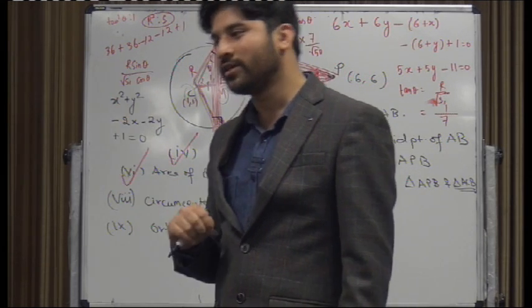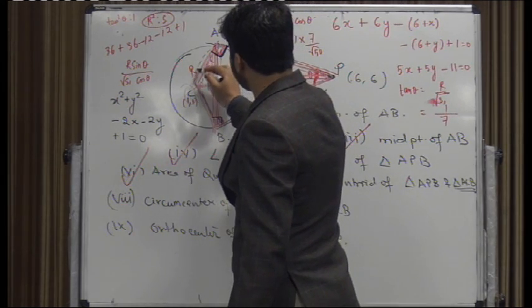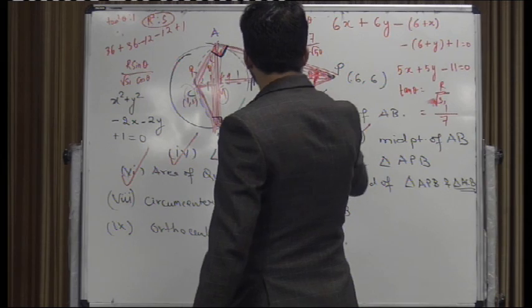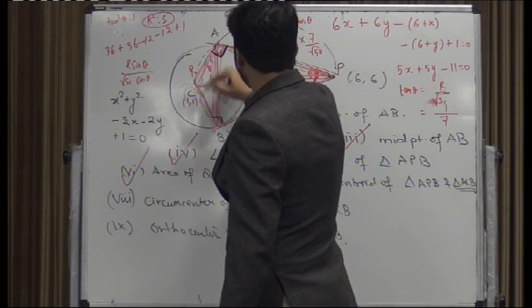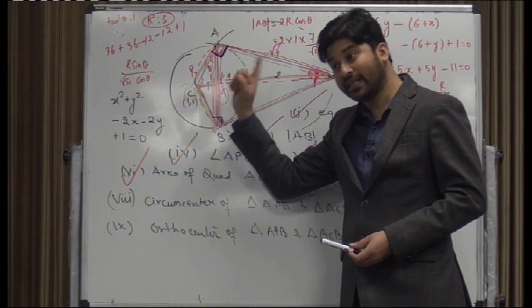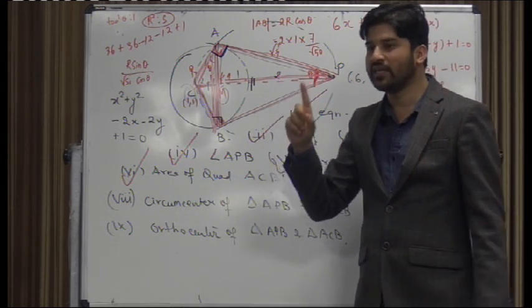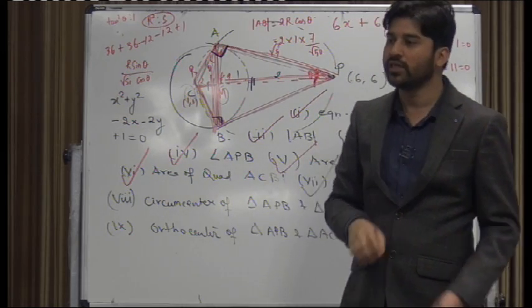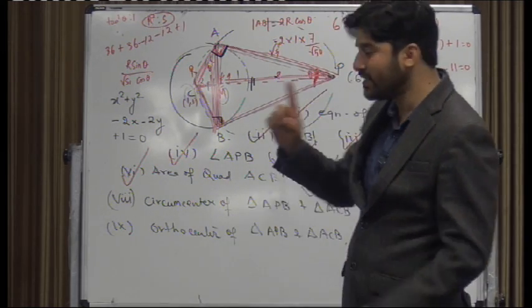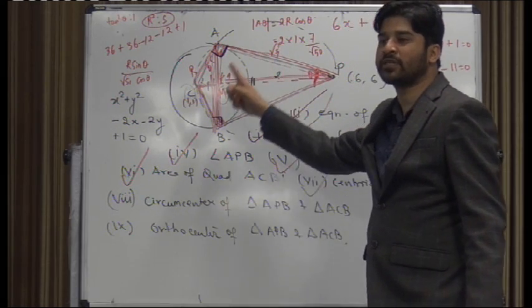And here you see, basically a circle passing through these 4 points. This is that unique circle which is passing through these 3 points, and that is the same unique circle passing through these 3 points. So you have only one circumcenter for both the triangles, and that is the center of this circle circumscribing this quadrilateral,